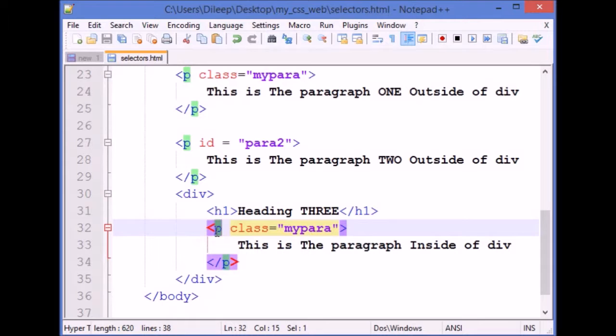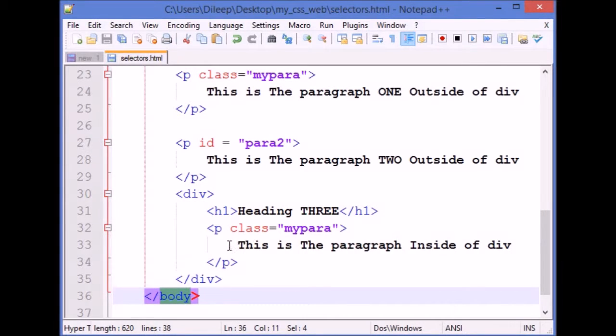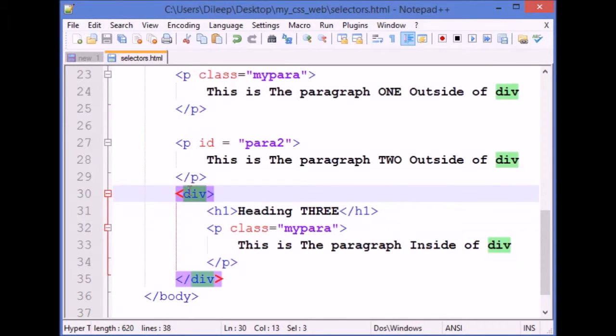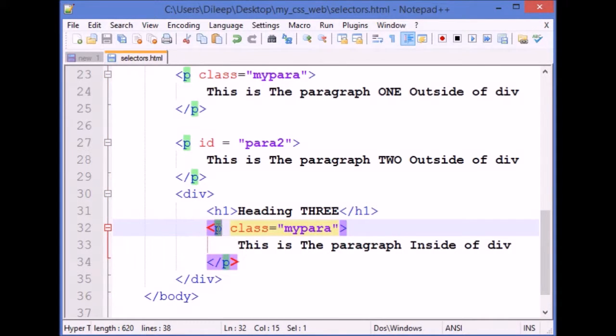So this p is a child of div, which is a child of body. Okay, so here the p's parent is div and div's parent is body, so body becomes the grandparent of p, or p becomes the grandchild of body. So this is how it works, right? Okay,